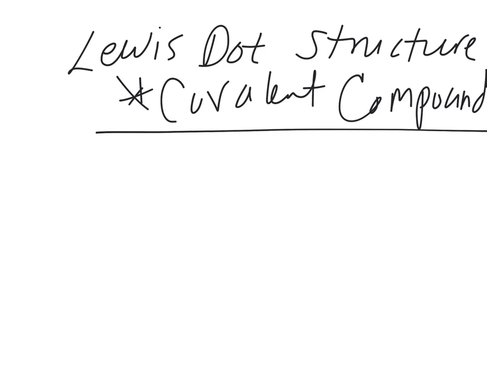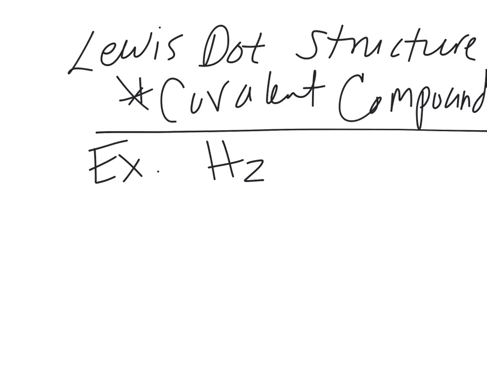Okay, in this lecture video, we're now going to look at two-dimensional models to show how atoms that are connected by covalent bonds are attached to one another. So these are going to be Lewis dot structures and the methods for drawing Lewis dot structures for covalent compounds. So let's take the simplest example of a covalent compound that we could draw a Lewis structure for, and that's the